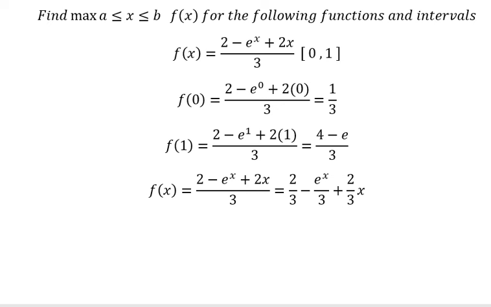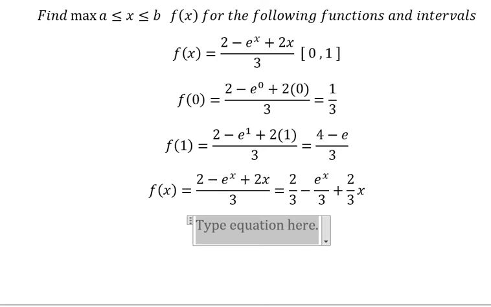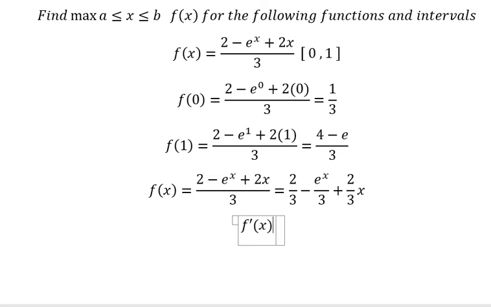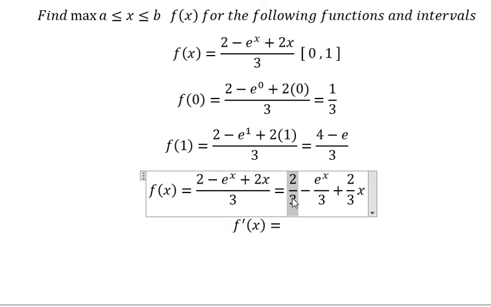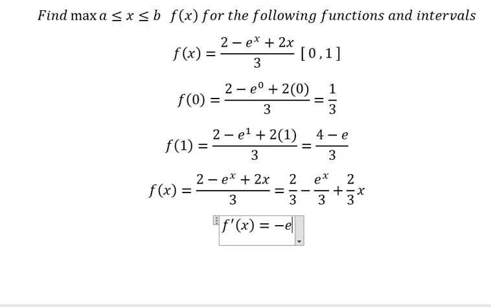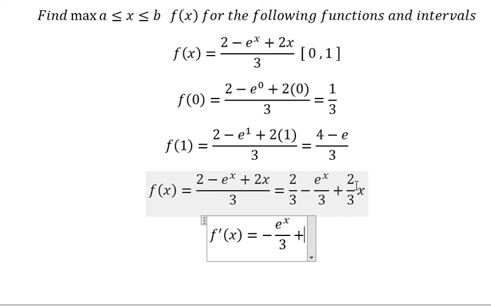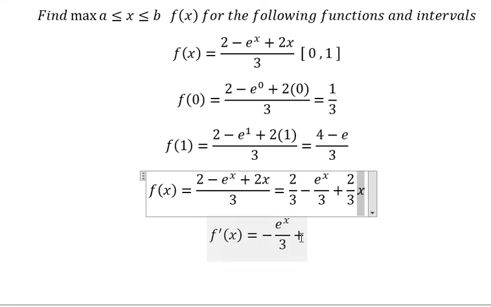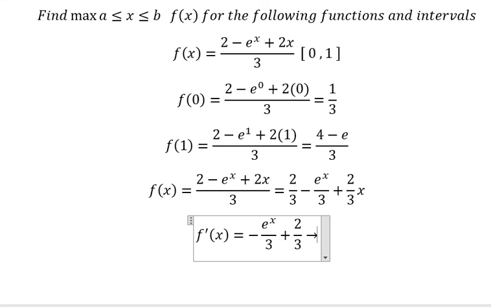Now, we need to do the first derivative f prime of x. We want to find the critical point. This one is a constant, so you get 0 in here. This one, we have negative e to the power of x over number 3. This one, we have number 1, so we have 2 over 3. Later, we put this one